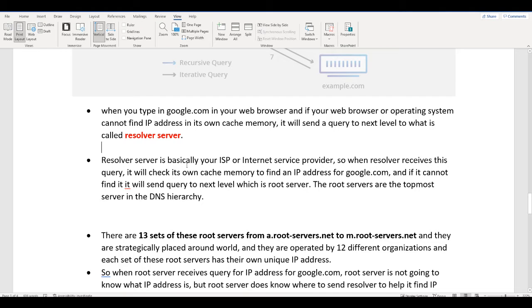The resolver server can be your ISP. When a resolver receives this query, it checks its own cache memory to find the IP address for google.com. If it cannot find it, it sends the query again to the next level, called the root server.